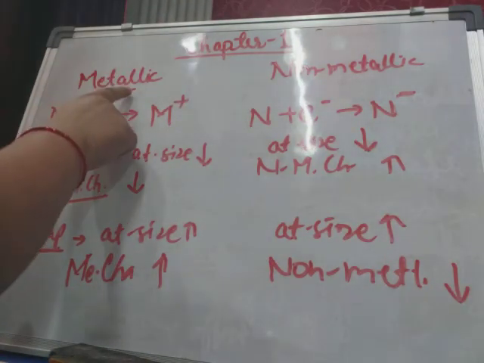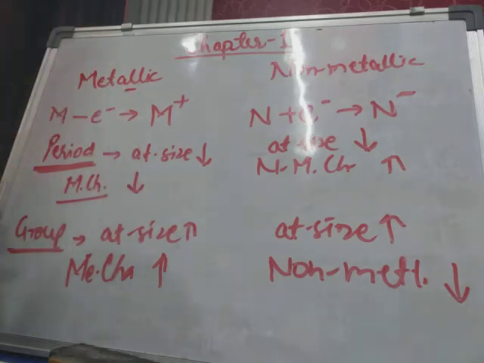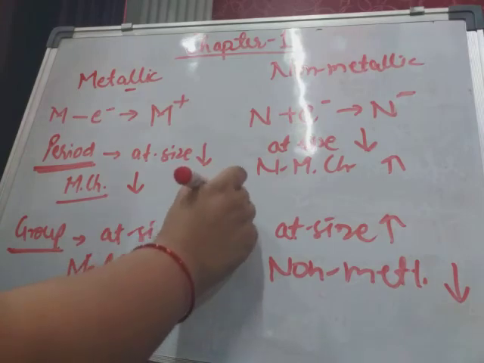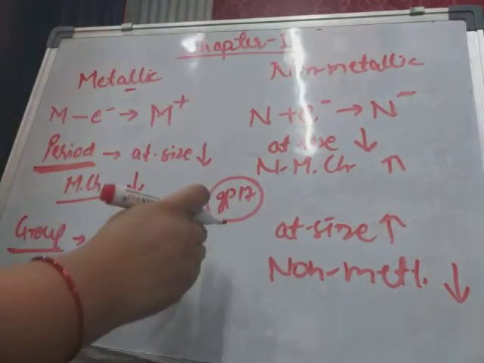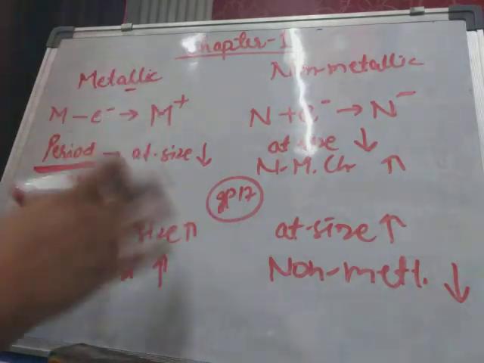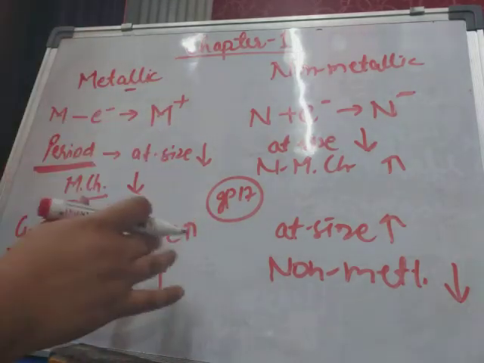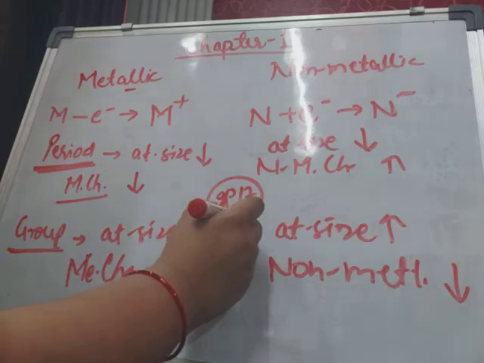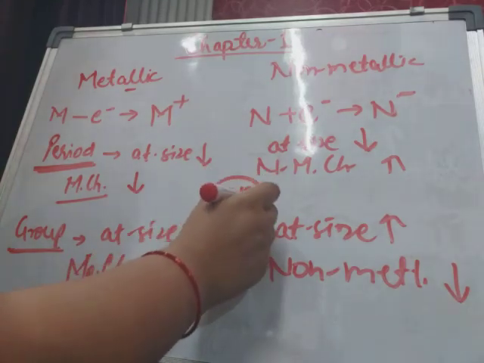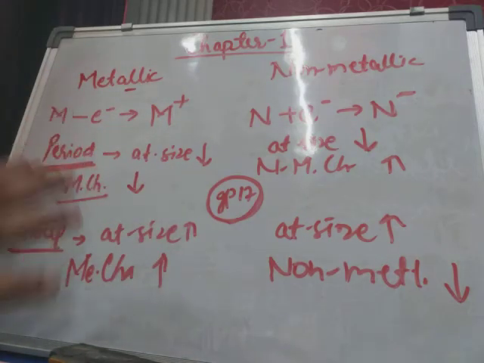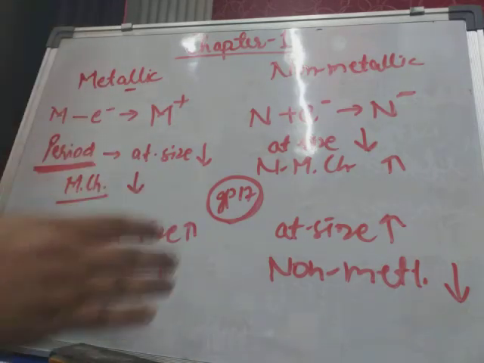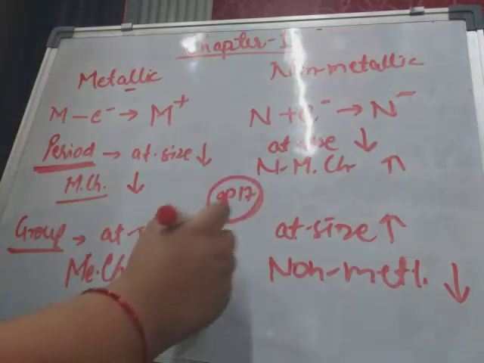See, if you are talking about metallic character, beta, please listen very carefully. Suppose we are talking about group 17 elements, which are non-metallic elements. These are all halogens, these are all non-metals. If we are talking about the metallic character of these non-metals, since they are non-metals, they will obviously have non-metallic characters only. But suppose you are given two elements like this,